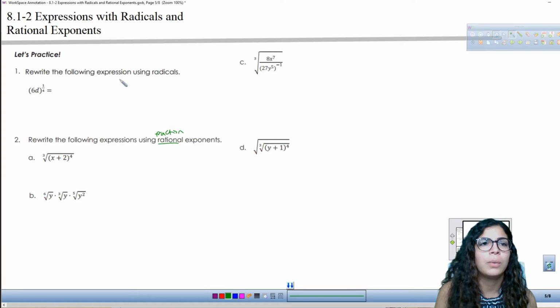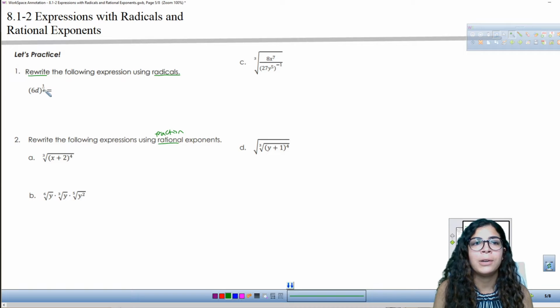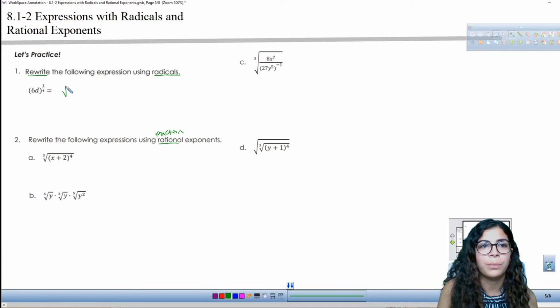So it's in a fraction exponent, and we want to write it as a radical. Remember that the numerator of that